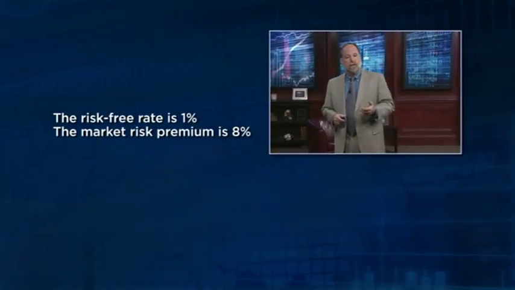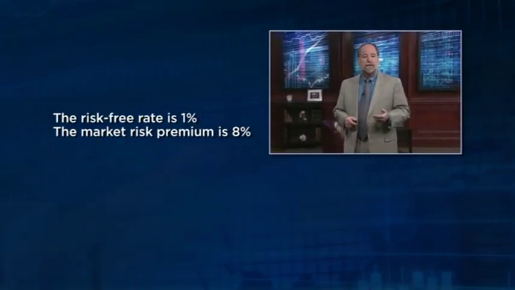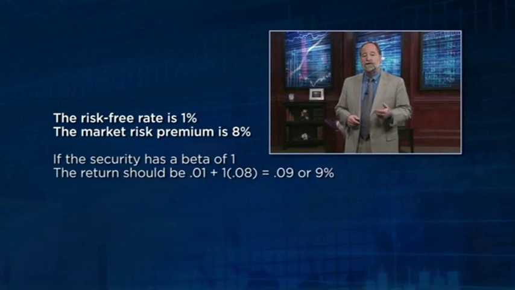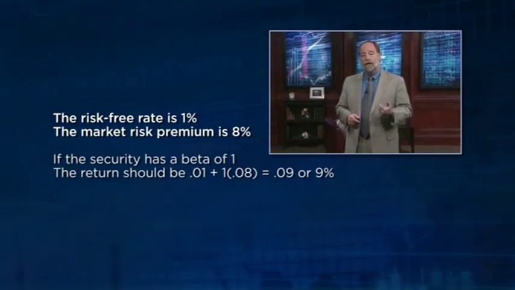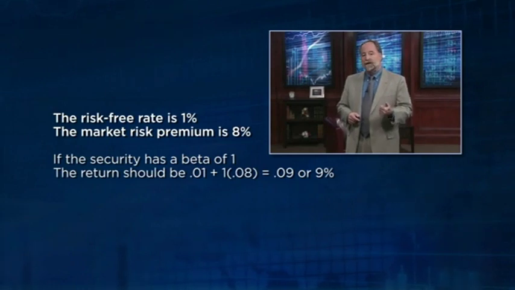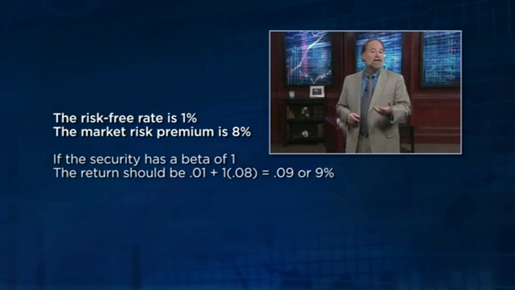Here, let's put some numbers on this. Let's say that the risk-free rate is 1%. Let's say that the market risk premium is 8%. So if you have a security that has a beta of 1, the security should have an expected return of the risk-free rate, 1%, plus a beta of 1 times the 8% for the market risk premium,